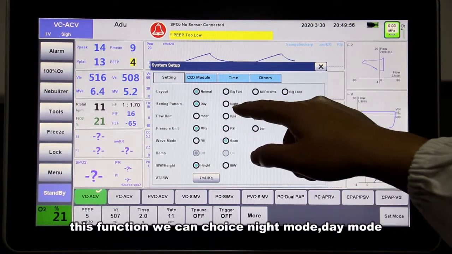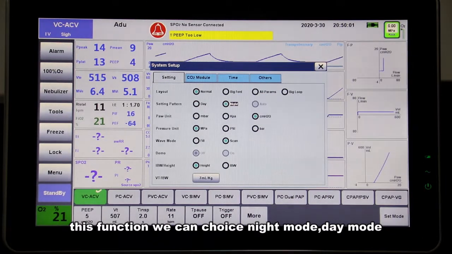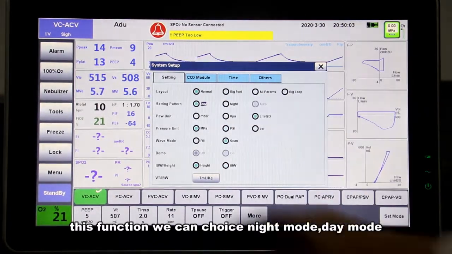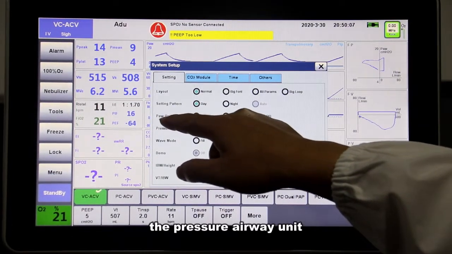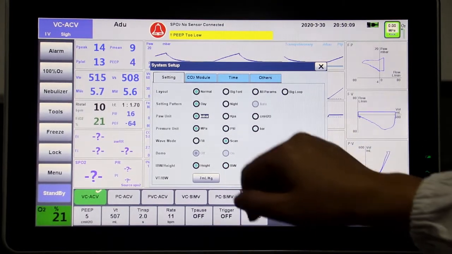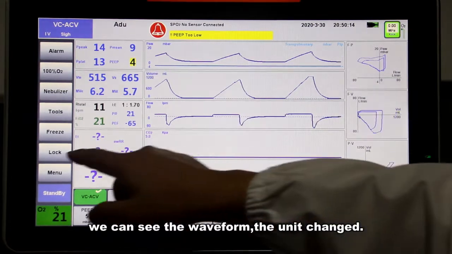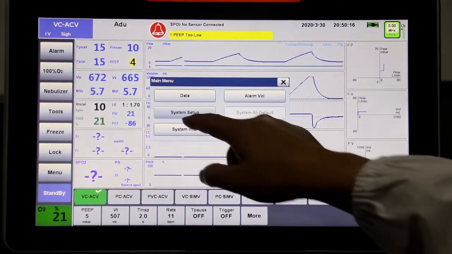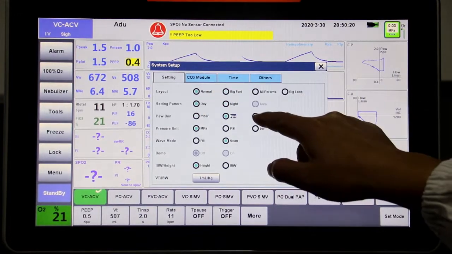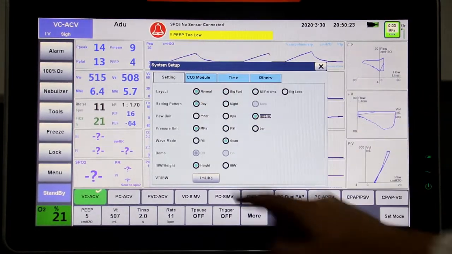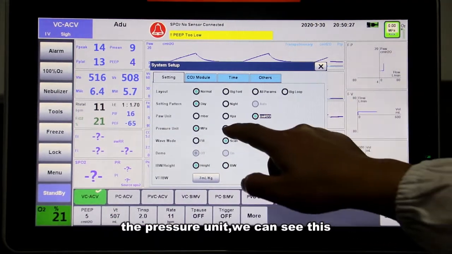This function we can choose light mode, day mode. The airway pressure unit, like this. You can see the waveform, the unit change. The pressure unit, you can see this shows.